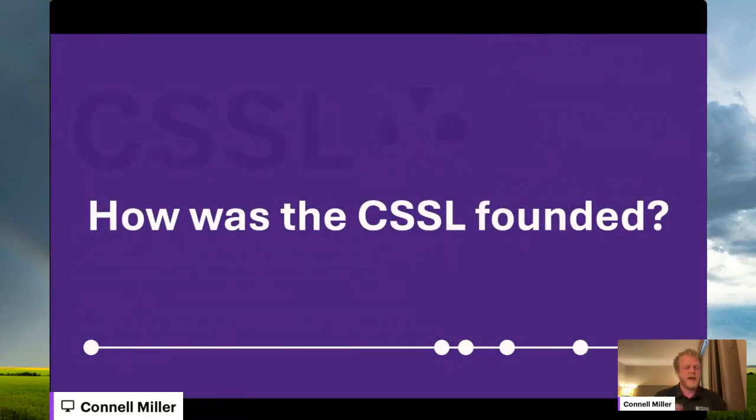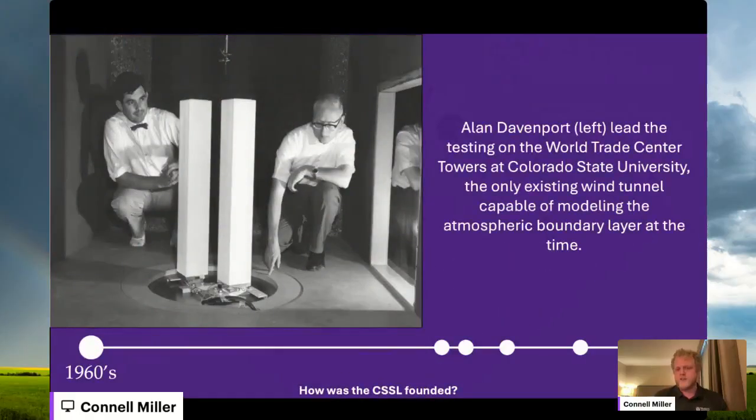But I want to talk a bit about how essentially we got here. Like what is the timeline and how did we end up in this place where a research group at Western University is starting up this severe storms lab? Well, unfortunately, it goes all the way back to the 1960s, where we had Alan Davenport. He was one of the pioneers for wind engineering and wind tunnel testing, where when the World Trade Centers were built, we started realizing that when you start building these really tall, slender structures, it's not necessarily the weight of the structure that's going to govern the design load. It's going to be the wind